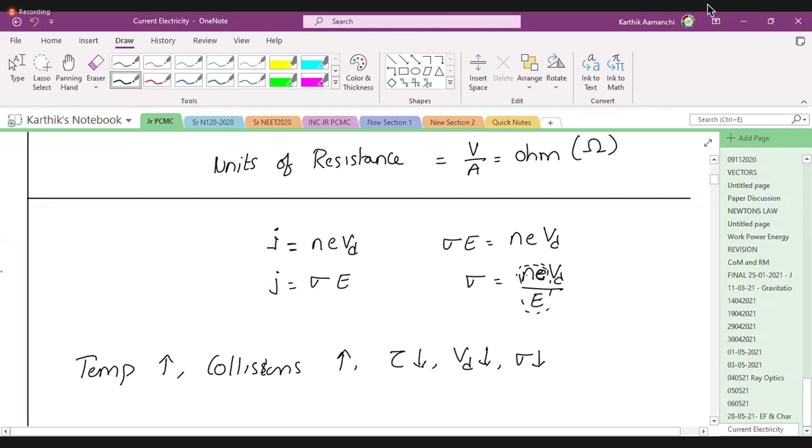Energy is being supplied, so obviously electrons will be in a high energy state. So when the electron starts here, its energy increases. This guy comes, hits the wall, and then goes back. Now, when he's going back, by the time he comes to maximum velocity, he would have hit another wall.